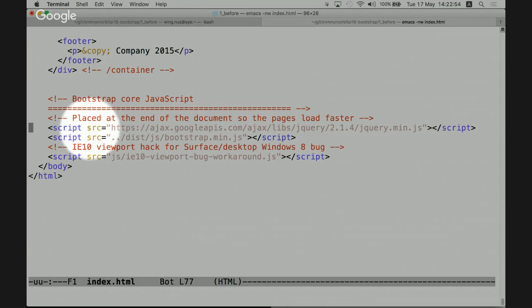It says script, that says there's some piece of programming that I want to load. Either I can do it inline, which means I put the script right here between the opening and closing brackets, or I can specify the source. So I'm not going to include it directly. I'm going to include it via a reference, a hyperlink. So this says I want to load this particular library, and we're going to talk about this library in the evening, jQuery. Basically Bootstrap is a library built on top of another library, called